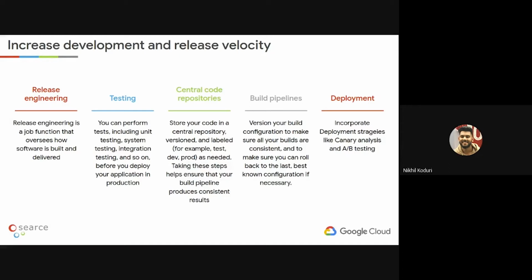Next, you have to build pipelines and version these pipelines according to the configuration that you're making. These pipelines that you're building need to be robust and suffice the business requirements that you have, and suffice all the changes, the dynamic as well as static changes, that your application release would have.